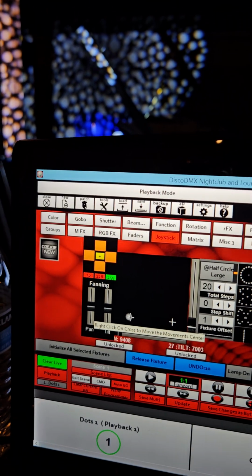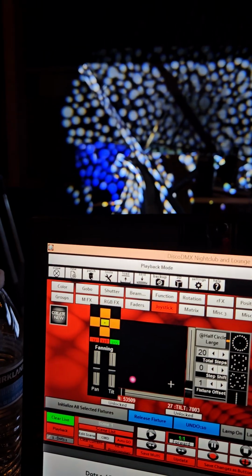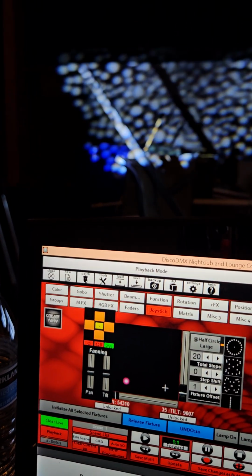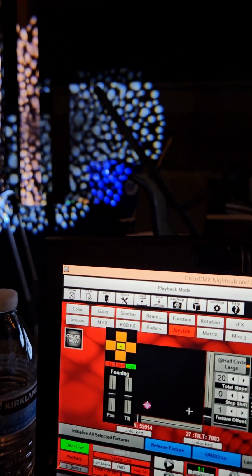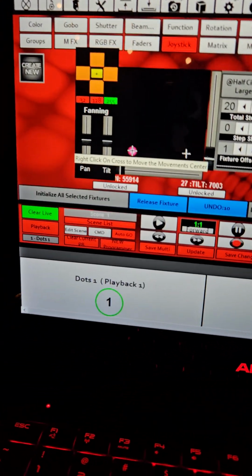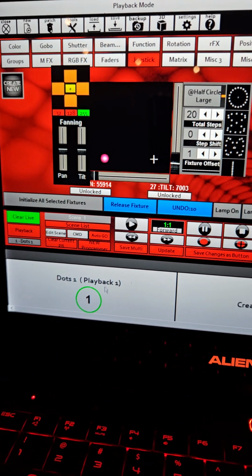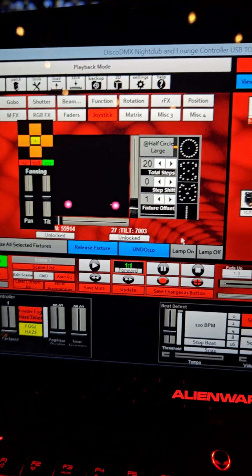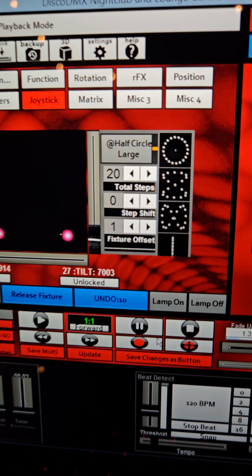Put the cursor on top of it, click on it, and while you're still holding on to it, don't let it go, and then you can move it. Let's say you want to move it here, because that's where you want it. You let it go. So now that's there, and now that you want it there forever, right here, you're basically gonna click that, because you're telling it that you're creating a new scene. So it's that one there, and all you do is you move the cursor to save changes,